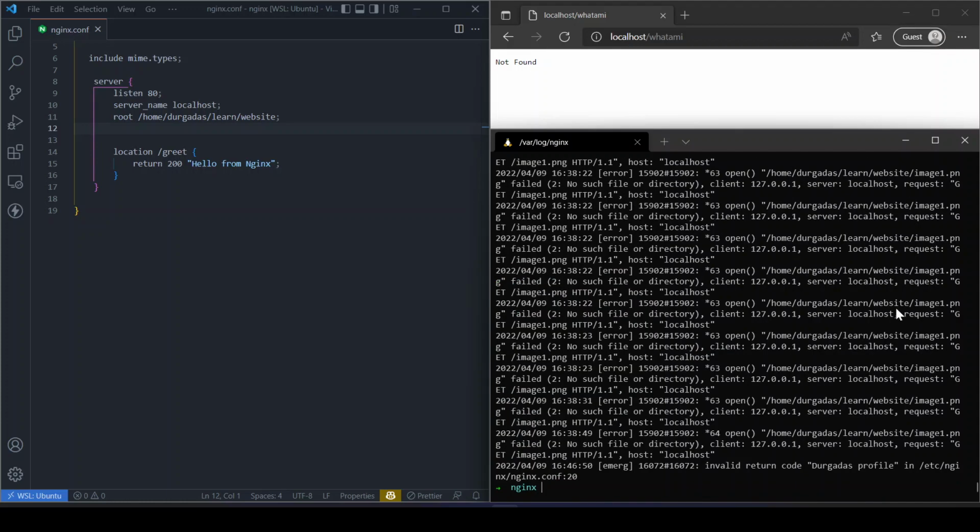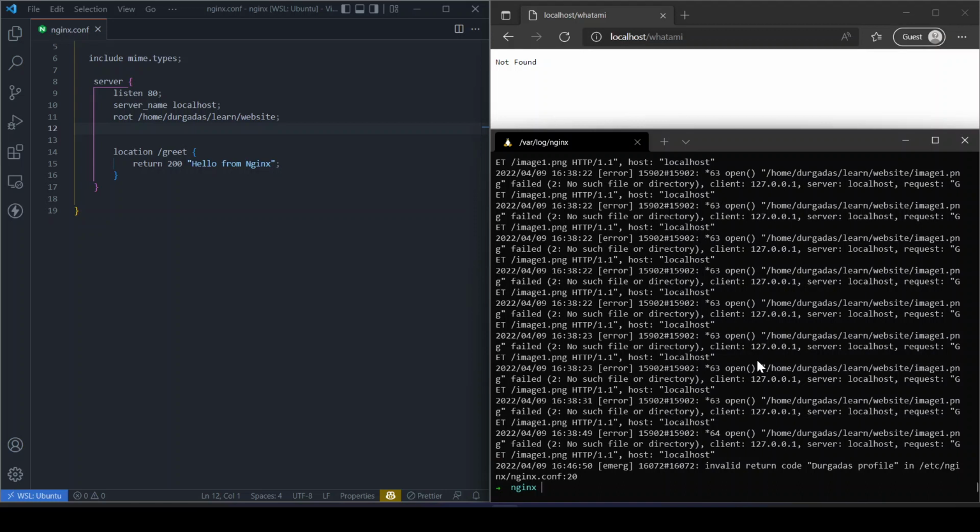Similarly, error.log will have certain errors that happen where Nginx doesn't know what to do. Okay, if there is an error that was handled gracefully within our configuration, that it is not an error but our application has said it's a valid error, then it will all be printed in the access.log. The error.log will print the errors that Nginx doesn't know what to do. For example, if you had some kind of a syntax error within your